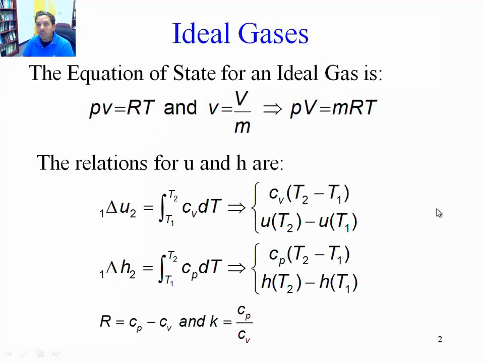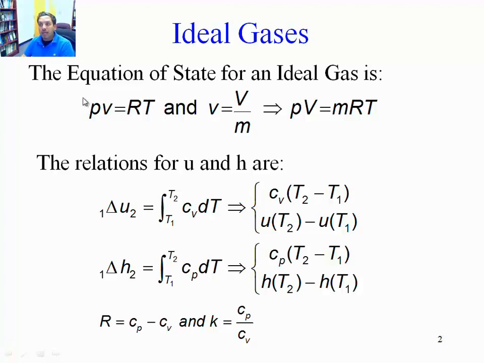Now, when we can assume that a substance can behave as an ideal gas, then things actually behave pretty nicely. The properties of the gas respond to the so-called equation of state, where the factor PV divided by T remains constant. In this case, that constant of proportionality, PV divided by T, equals R. R is the gas constant. It's a gas constant that is tabulated for every single gas, or we can actually calculate it through the universal gas constant. We went through this explanation in the previous lecture.